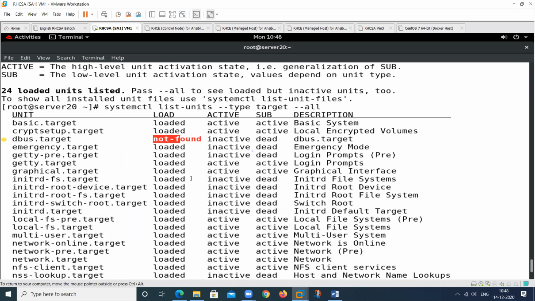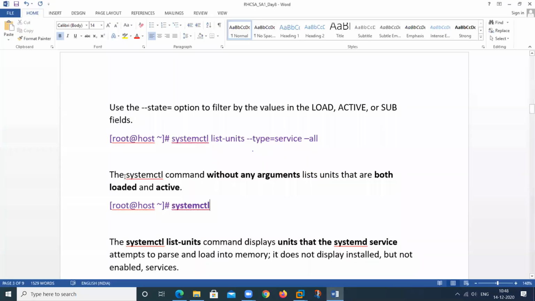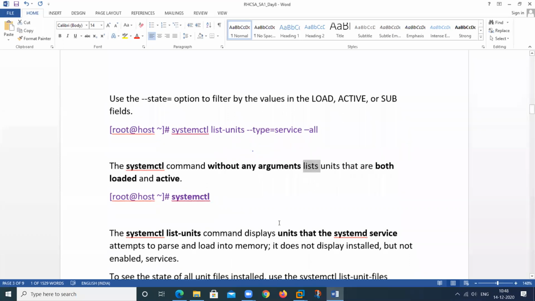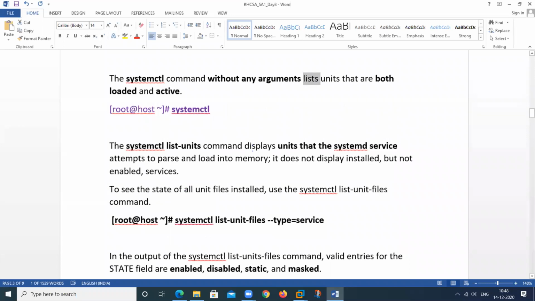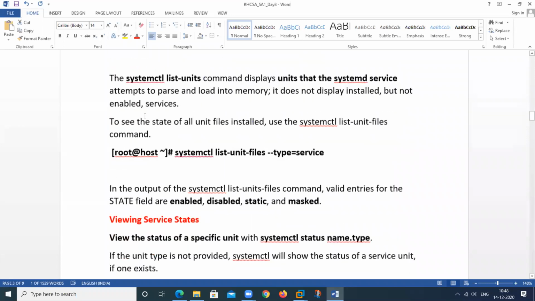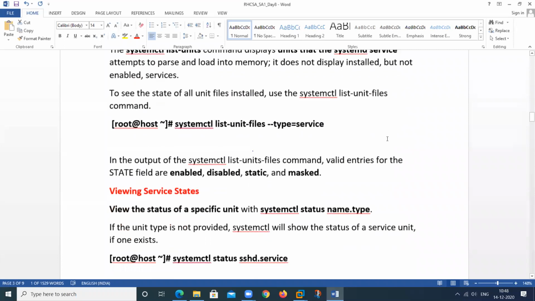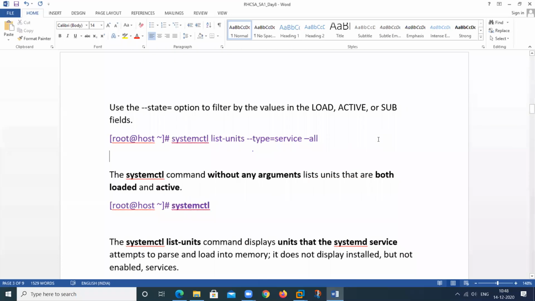See here, if we use the systemctl command without an argument, it lists units that are both loaded and active. If we use this one with --all, this will display all the things.